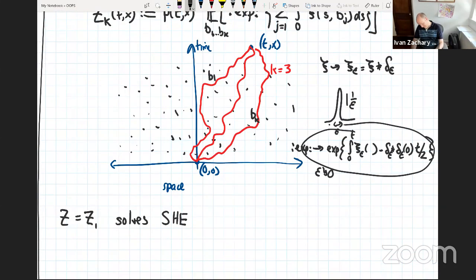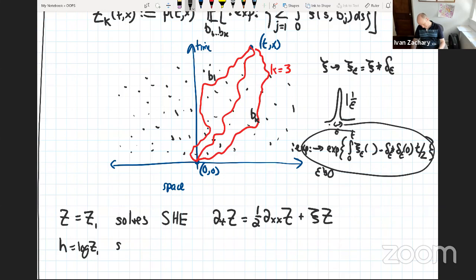The stochastic heat equation is the stochastic PDE that is the heat equation plus multiplicative white noise times Z. That's why it's a multiplicative potential, and why it admits a Feynman-Kac representation, which is what's described up here. Now, if I take H to be the log of Z, or say the log of Z1, then this solves something that's called the KPZ equation,